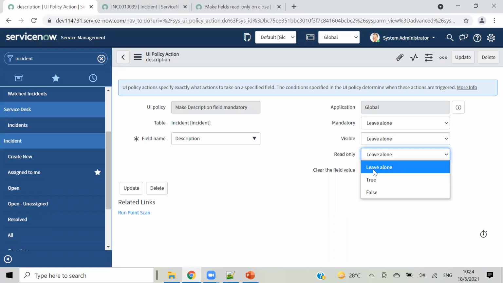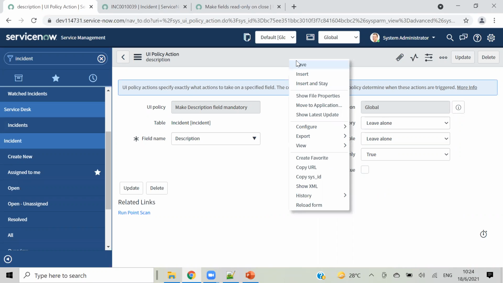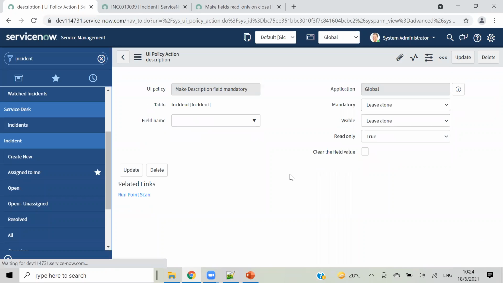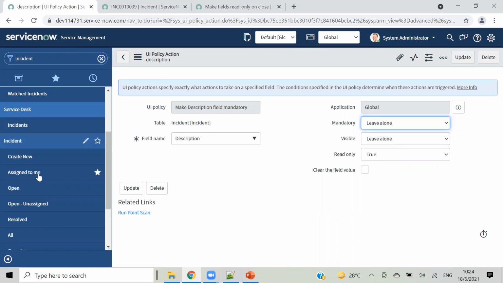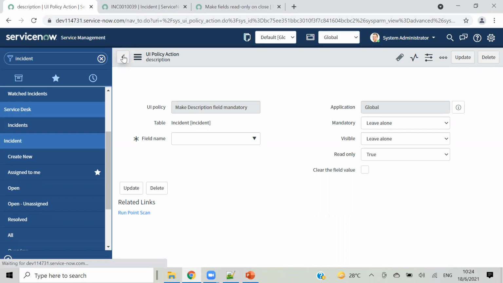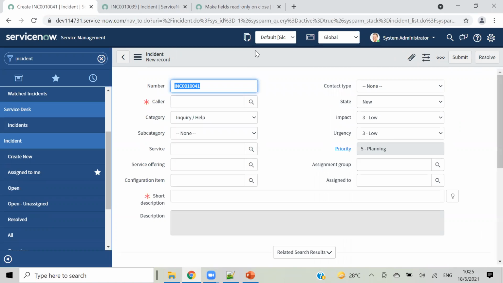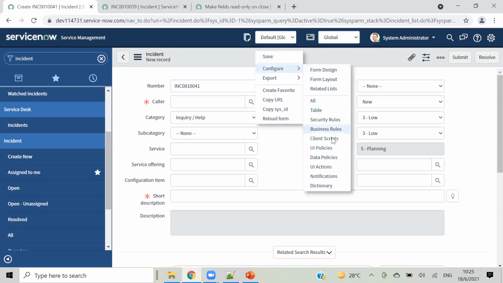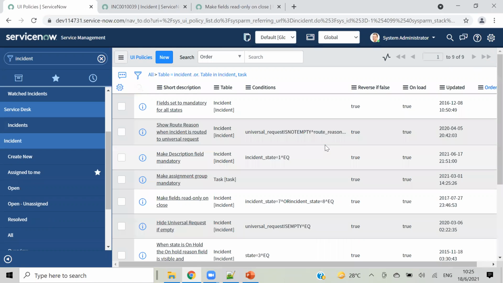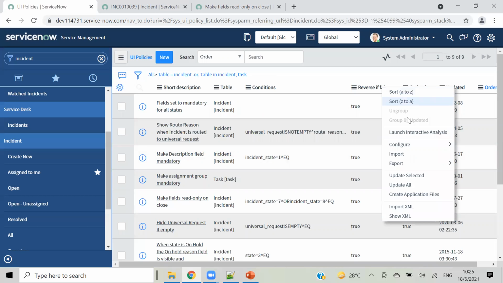And I will make it read only. Let's see now. And I will try to remove that condition which I have given on the top. So going back to UI policies, updated just now.